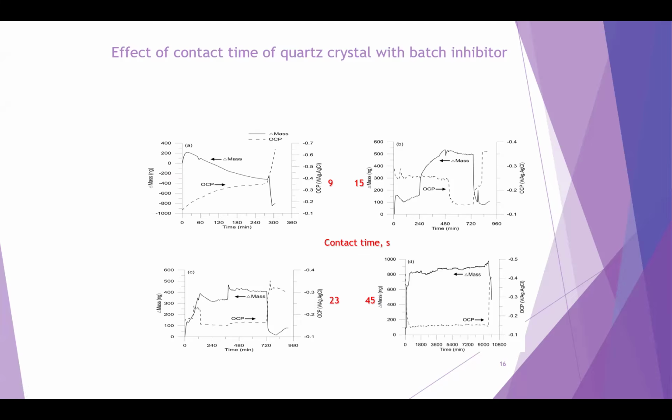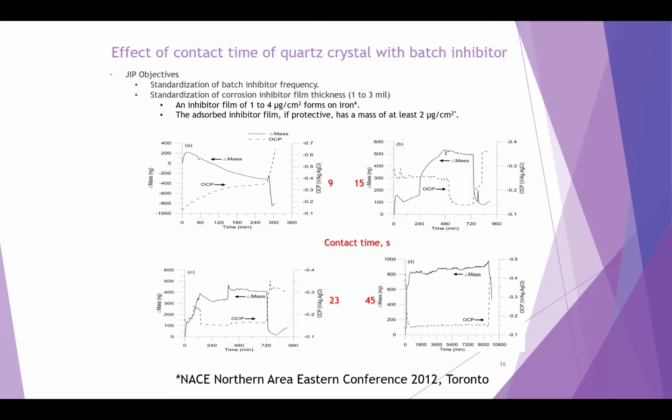So that accuracy can be established by EQCM, and this work was published a long time ago. The objective of the JIP is to standardize the quartz crystal microbalance for batch inhibitor frequency evaluation, as well as to establish what is the minimum film thickness of corrosion inhibitors that is required. The preliminary study indicated that we need at least 2 microgram per square centimeter of inhibitor film to be present